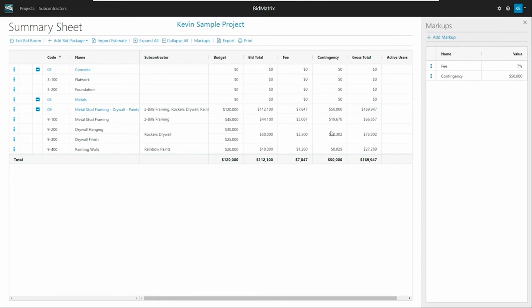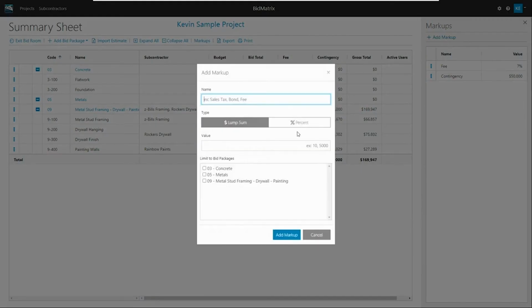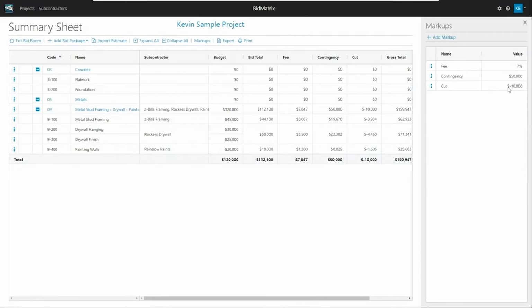So it'll just go ahead and prorate it across all the different headings. Since that's the only bid package I've got at the moment, it's going to put it all in one, but otherwise it would put it across all of them, again just coming up with a new grand total. So it's just a quick way that I could come back up. And you could also do negative numbers. So maybe for some reason we want this job a little bit more, and I'm going to say I want to do a lump sum of something of that nature, so that I could take another 10,000 off the top. So just to be a little bit sharper on our price or something of that nature.